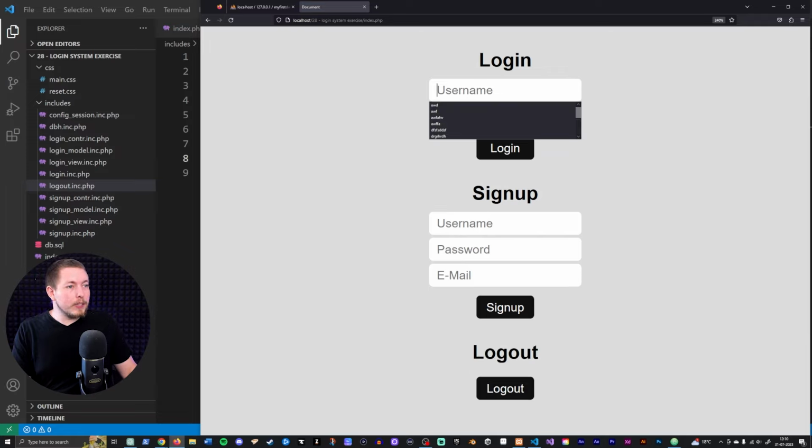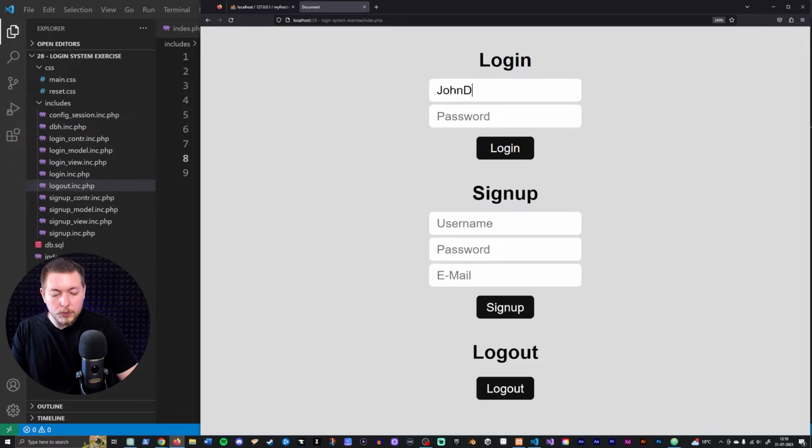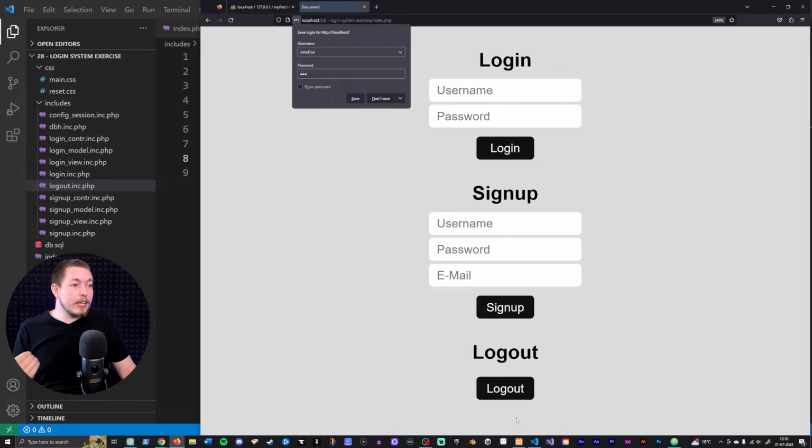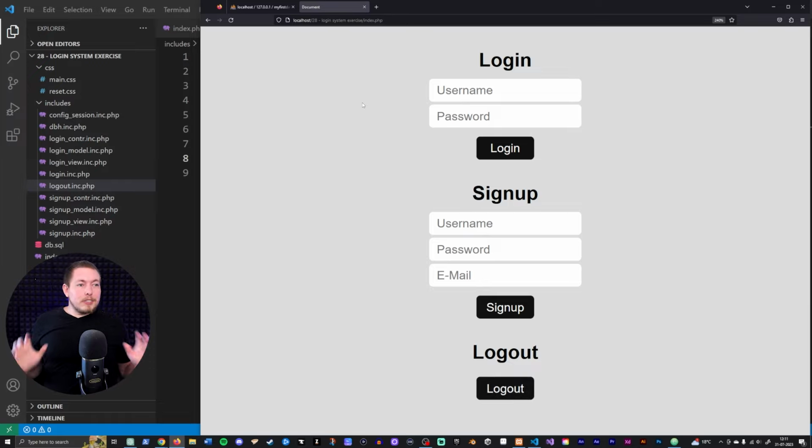So if we were to actually log in using John Doe, 1, 2, 3, log in, then you can see we are logged in as John Doe. Well, you can't actually see it because you can't see if we're logged in or not, but we do get a login success message. And then if I want to, I can log out down here, and then I will be logged out again. So now the question is, how do we change content inside the website when we're logged in,